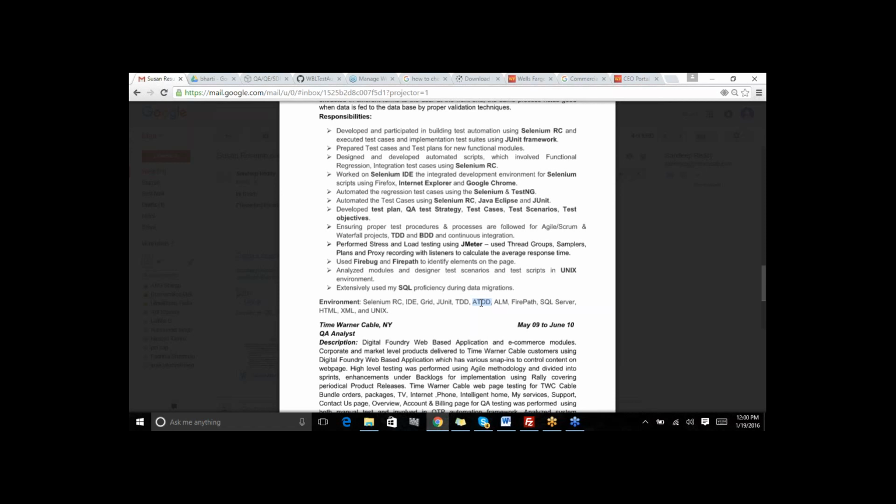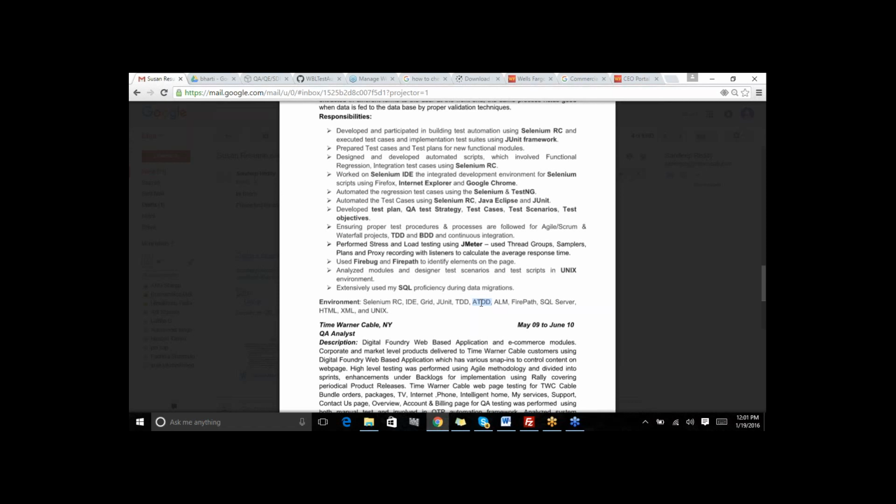So you can just say that, for example, for a normal home page, there was content over there. We just need to see how much time the home page is taking, or various pages are taking. So we just created a thread group. We used JMeter to see how much response is coming, so that we can see if there is anything to be fixed. Oh, okay. So basic, just the basic. Yeah, just the basic thing. Yeah, because you are going as a QA, not as a load tester. Okay.